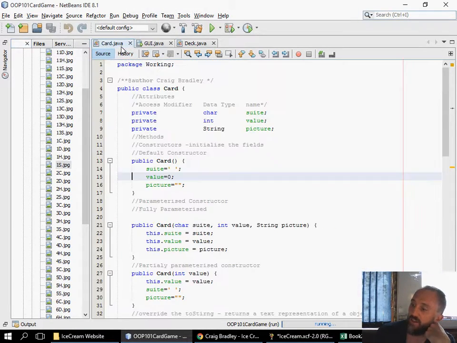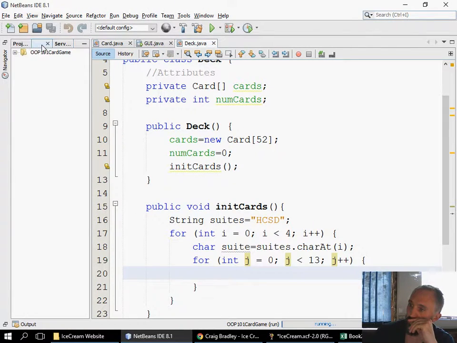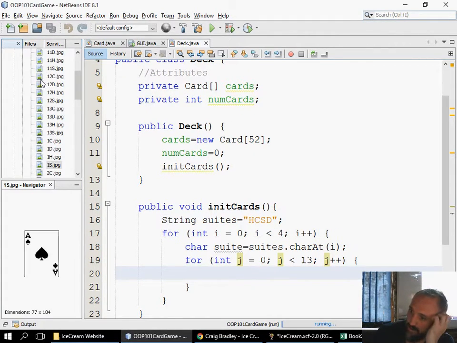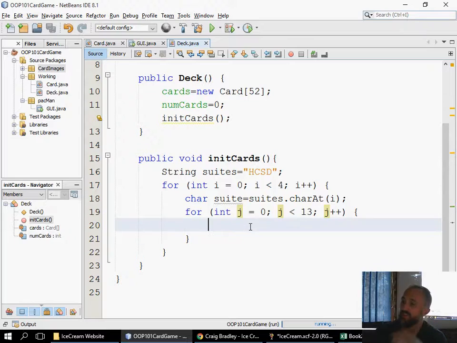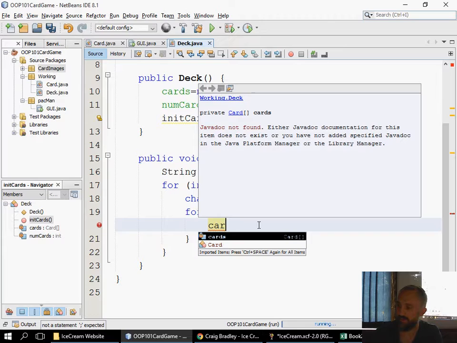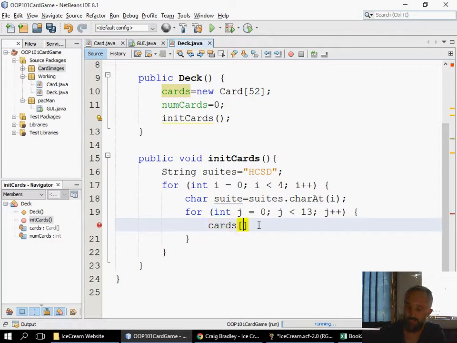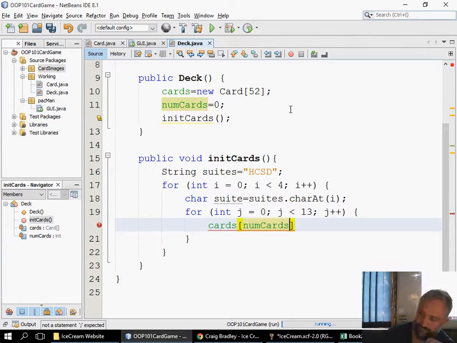So I've technically, in this case, I won't want to be working with 0, the first placeholder is actually 1. So how I'm going to deal with that is now when I create my card, so I'm going to firstly say cards, position, numCards. So numCards is my counter to show which card I am on, and I am going to say is equal to